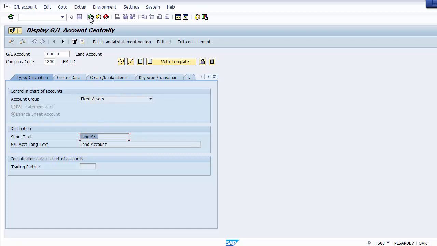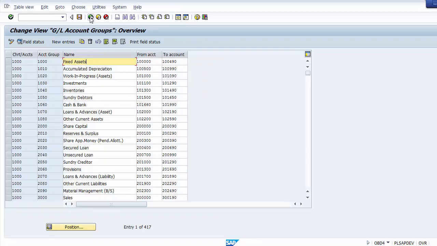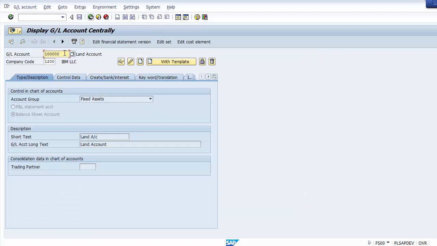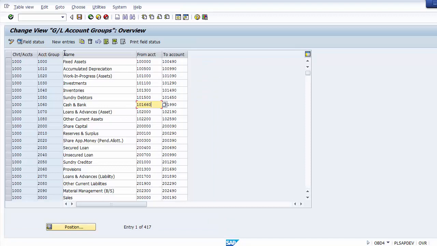Similarly, you can create more. So let's go back again and create something else. Suppose now I want to create a bank GL. For the bank GL, I need to take the grouping from between 101660 and 2. So I would be taking the first one, that is 101660, for the bank. So for that I need to change the GL account number over here. So that will be